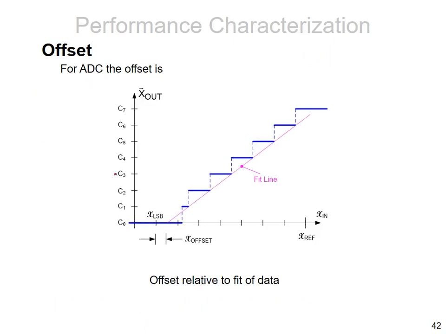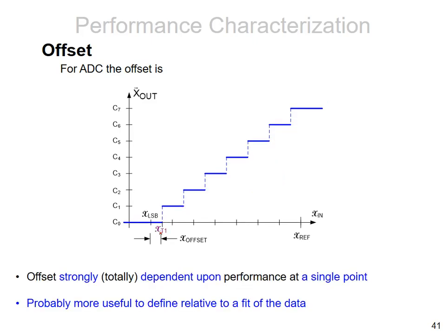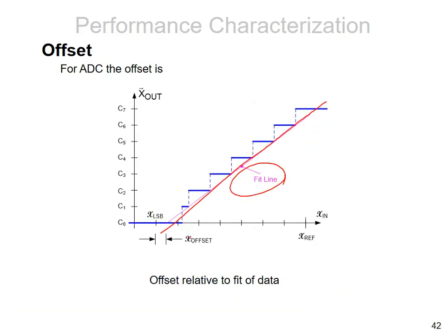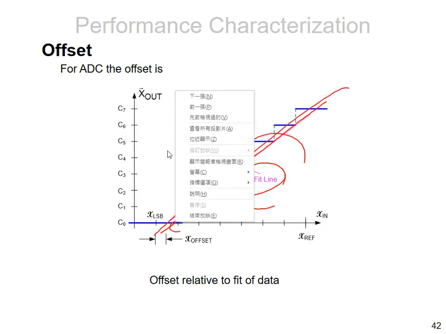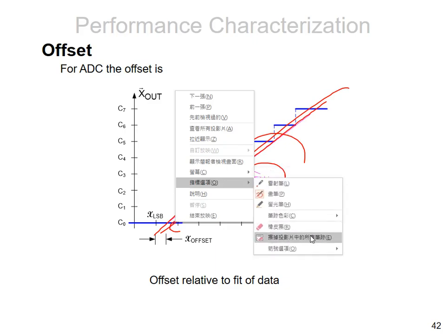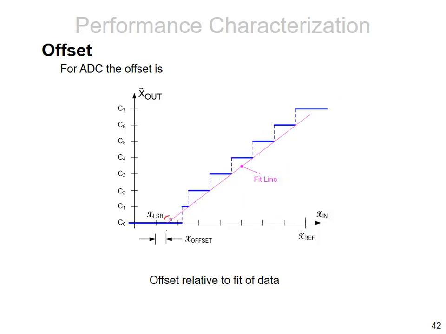Okay, that is offset error. And how to make it? The other definition is you get help from some kind of fit line. Because for the first definition, you only pay attention to the first break points. If you would like to get help from all the others, then a better definition is to use a fit line. Then the crossover point here, right?